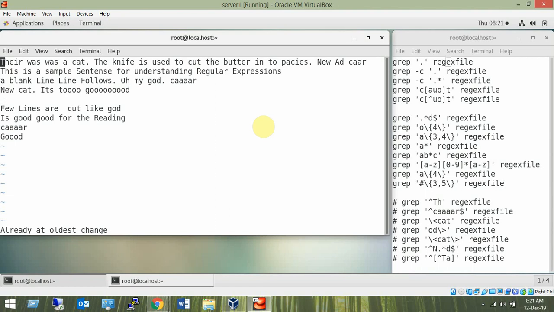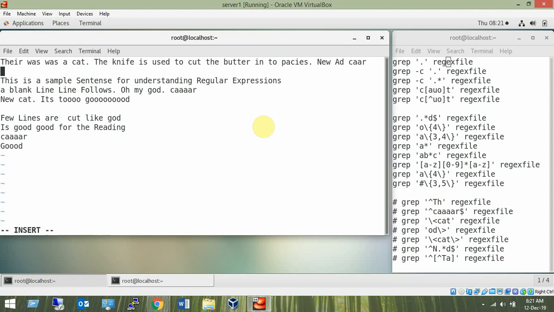Now I want to start typing. I want to edit this file. Right below the current line where my cursor is, I want to start a new line. So I simply type small o. Mind it, I'm in command mode, and I'm again and again emphasizing that. From command mode you type small o, you will be on the next line and you can start typing. Okay, hey, this is a new text entered in the file.